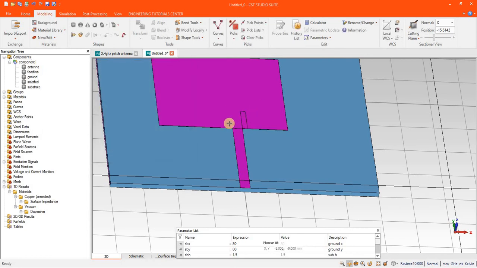Now for the inset feed I also need to transform this.